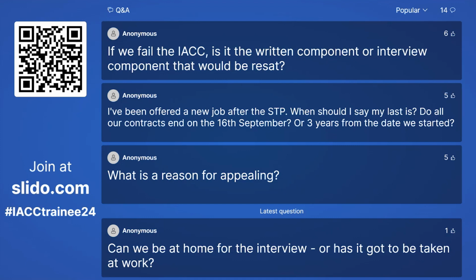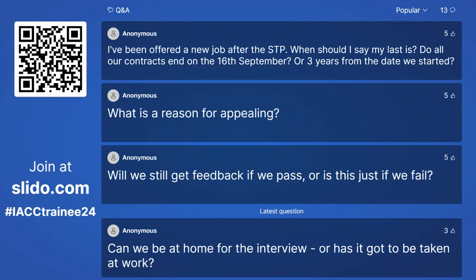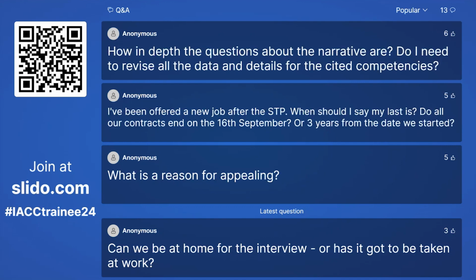Yeah. If we fail the IACC, is it the written component or interview component that would be resat? That depends on what you have failed. There's a criteria of failing that may result in either a full resit or a light touch resit. So if you have only failed a couple of domains, you may be eligible for a light touch resit.